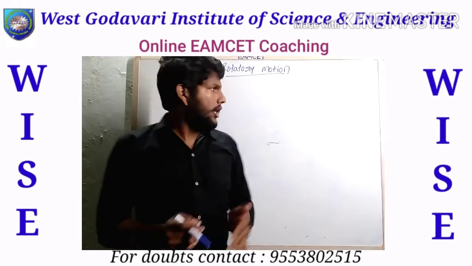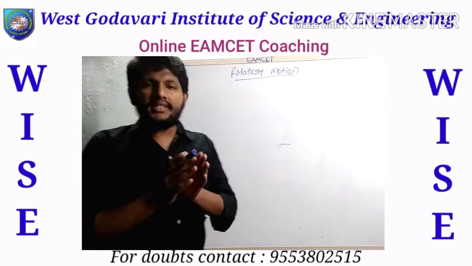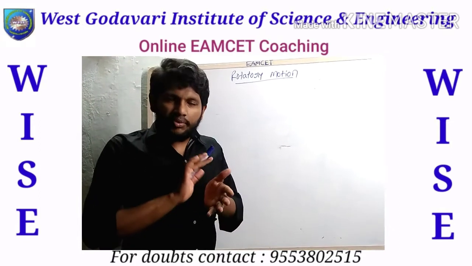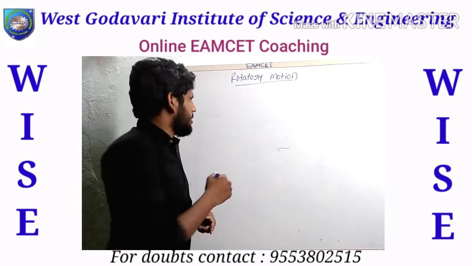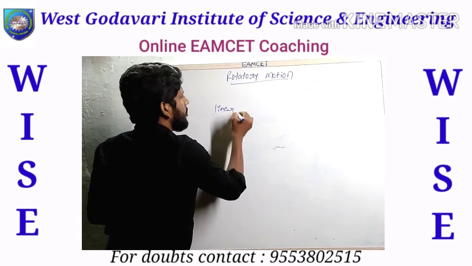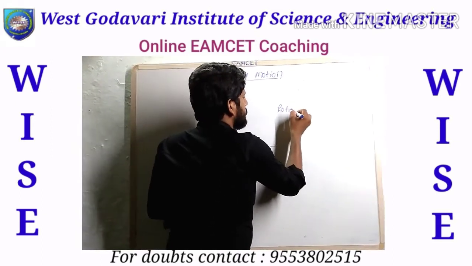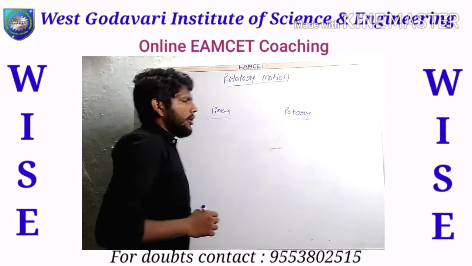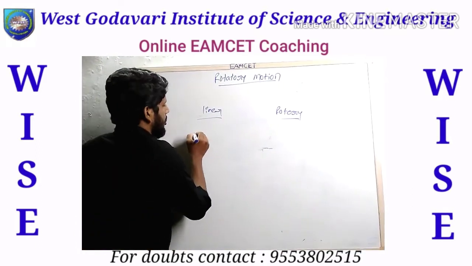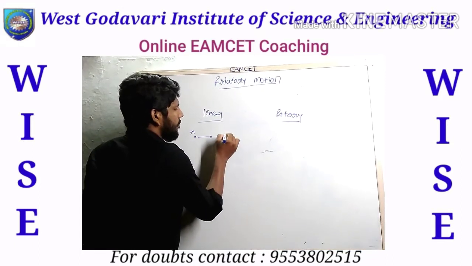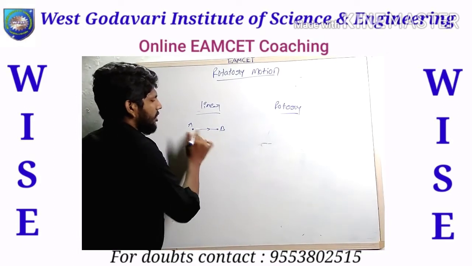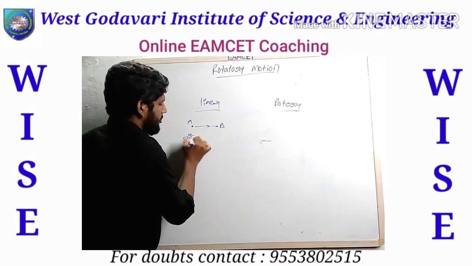Let us come back to what rotary motion is, what linear motion is, and the difference between those two. Okay, let us check. There are two types of motion: one is linear motion, another one is rotary motion. So let us check it once. What is linear motion? Simply a body or particle moving from A up to B. That motion is known as linear motion, which is also known as displacement, right?